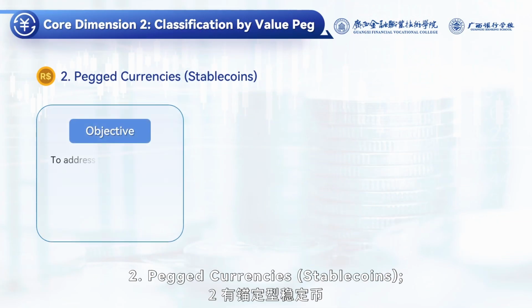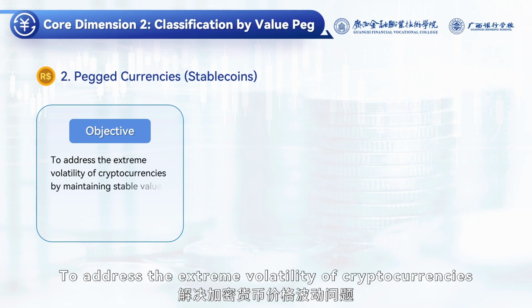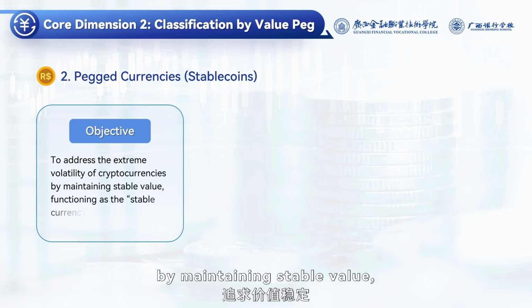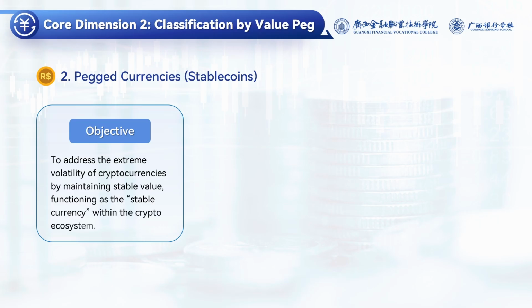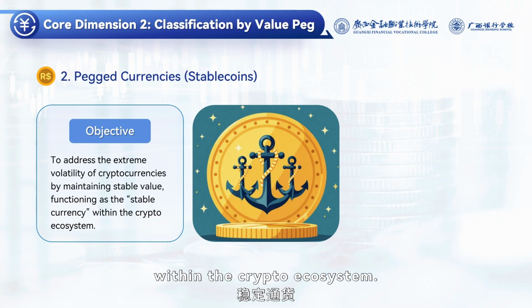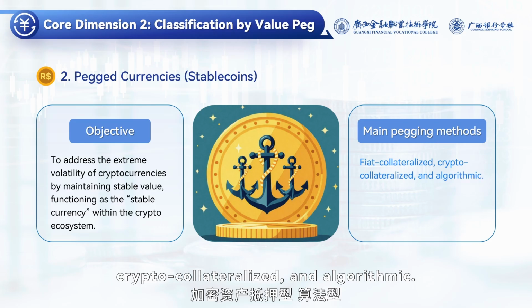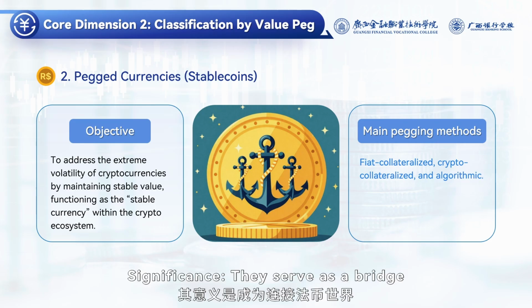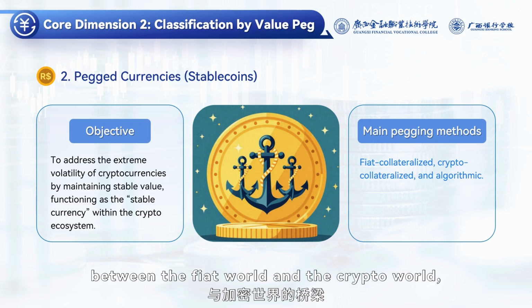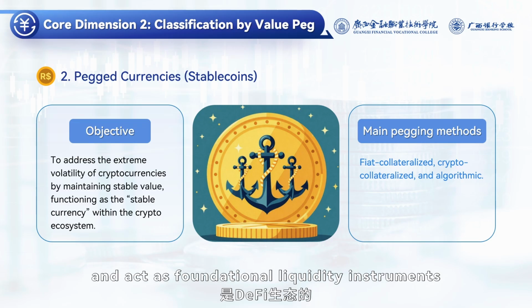2. Pegged currencies, stablecoins. Objective: to address the extreme volatility of cryptocurrencies by maintaining stable value, functioning as the stable currency within the crypto ecosystem. Main pegging methods: fiat collateralized, crypto collateralized, and algorithmic. Significance: they serve as a bridge between the fiat world and the crypto world and act as foundational liquidity instruments